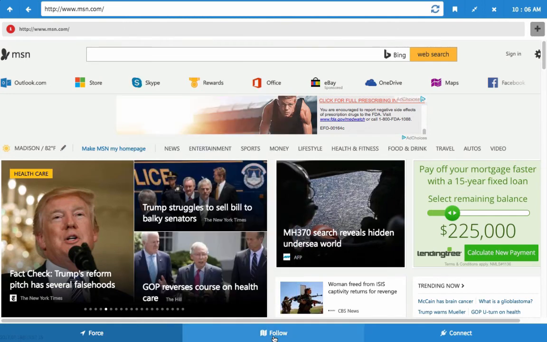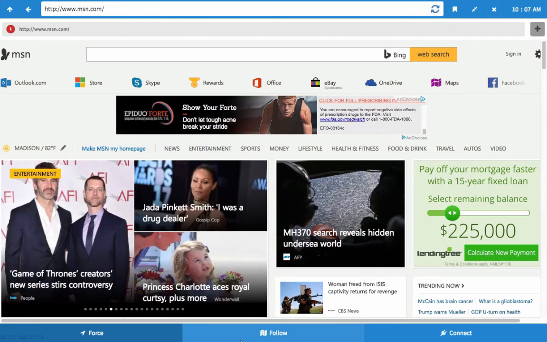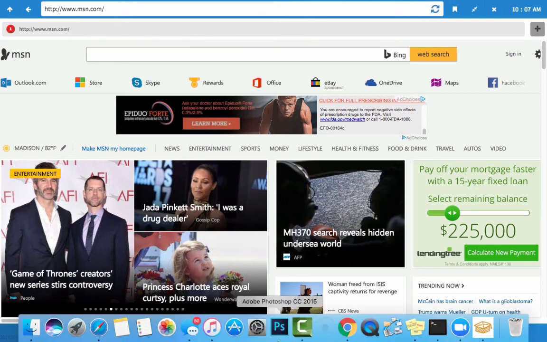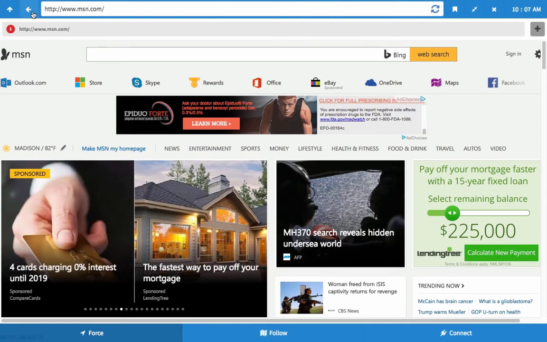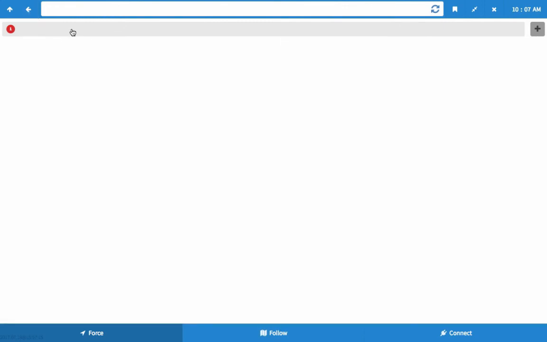And when I click follow, it's going to force them to follow me from page to page wherever I go. And then when I click that again, it releases them so that I can let them go on their own. And then once I want to